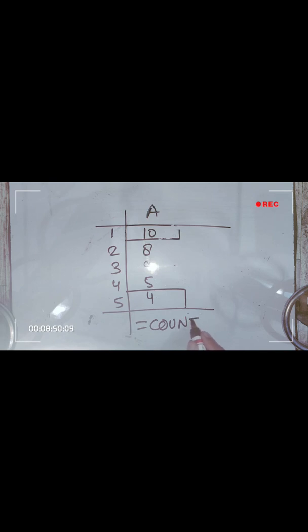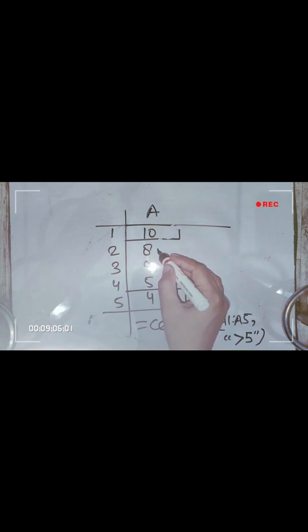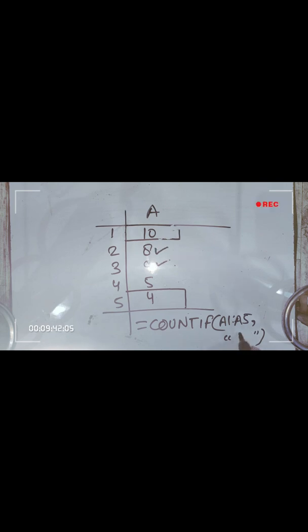At the same time, also look at how COUNTIF works. It is the same as SUMIF. Equals COUNTIF, then start bracket, type your range, and here I want to count the values which are greater than 5. So it will not add the values, it will only count the values. So only 3 values are there which are greater than 5. Take another example. Now I want to count the values which are less than 10. So 1, 2, 3, 4, only 4 values are there which are less than 10.